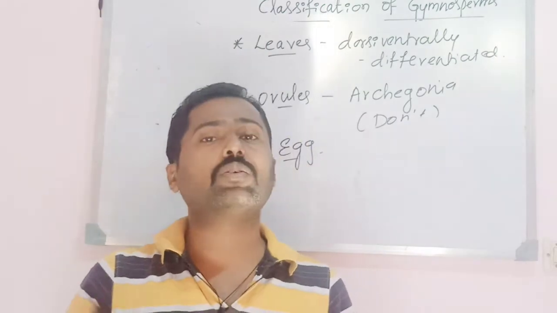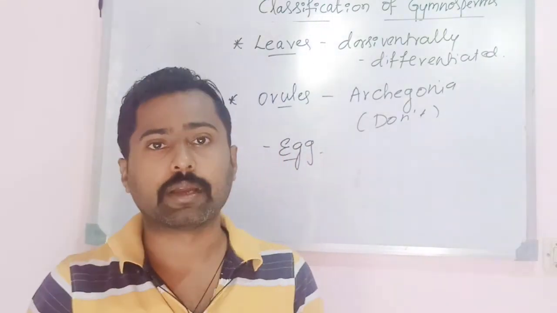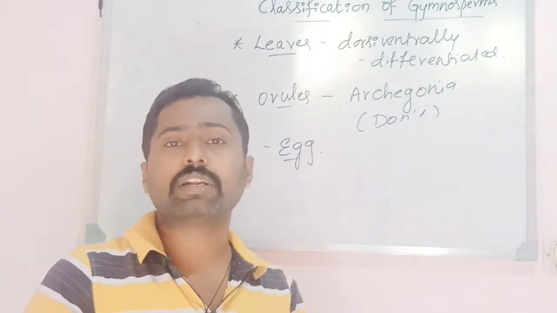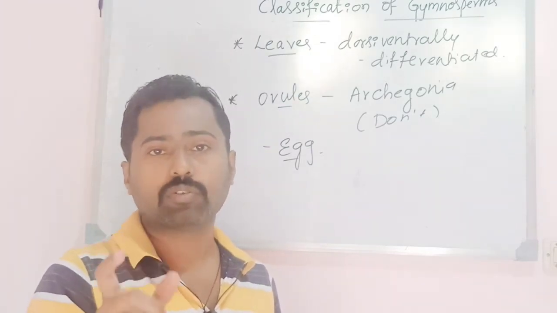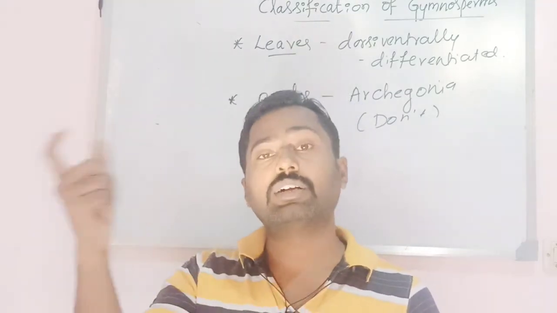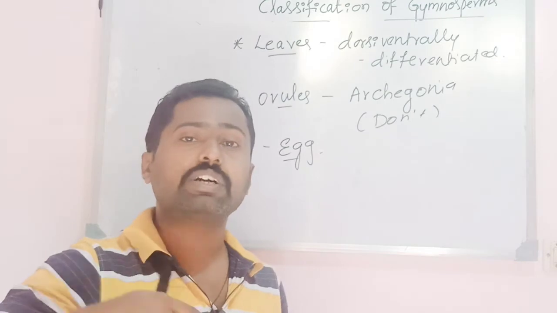Whereas when it comes to the Coniferopsida members, the plants are very large. They are large trees. They show two kinds of branches: branches of limited growth and branches of unlimited growth. Limited growth means definite growth can be seen. They can grow to a definite length, and beyond that they cannot grow further. But branches of unlimited growth grow continuously.